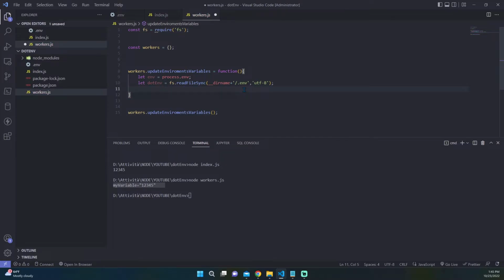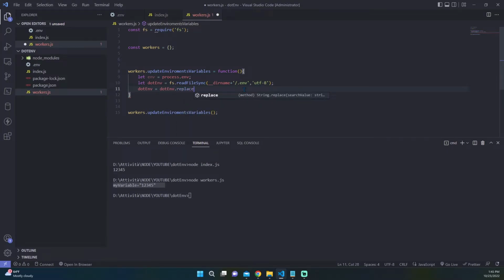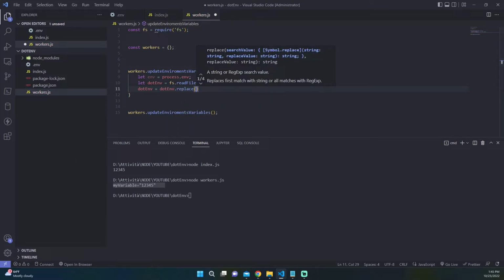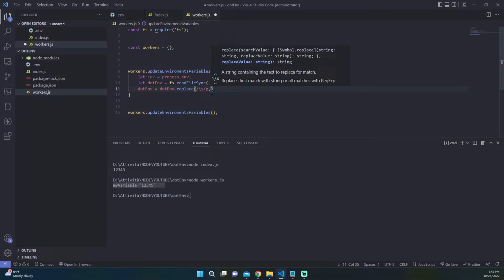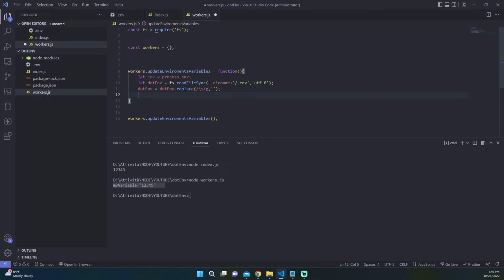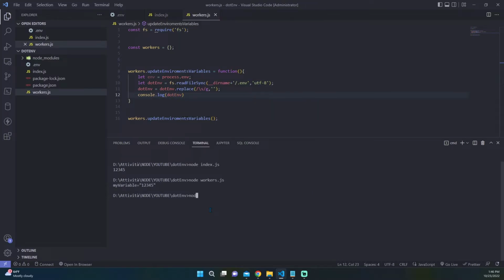First of all, we want to get rid of all the white space. So .env is equal to .env.replace, and here we want to use a regex rule that allows us to get rid of all the white space. I have already written it, so I don't want to repeat myself by writing the whole regex rule. Okay, if we try to console log our .env file,